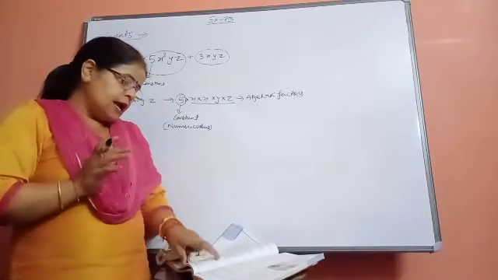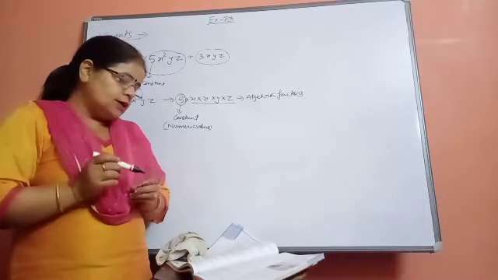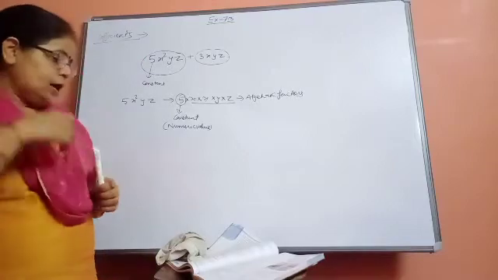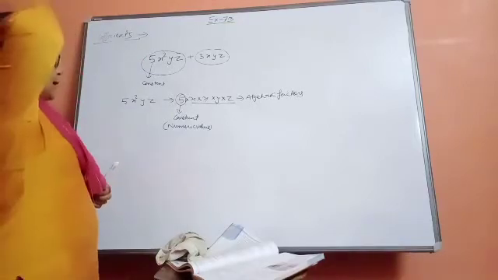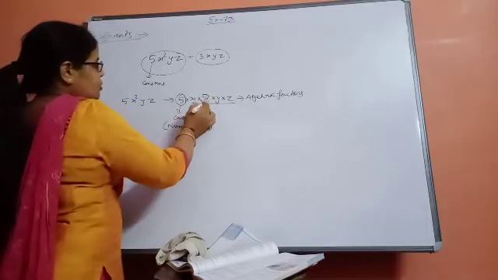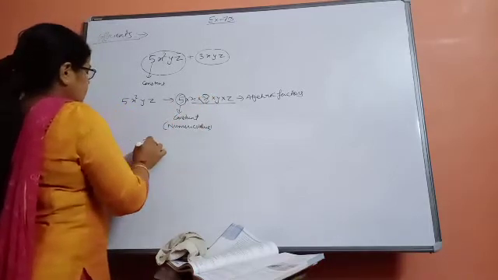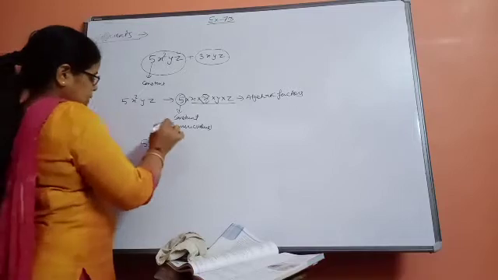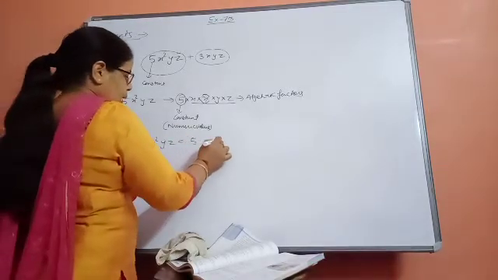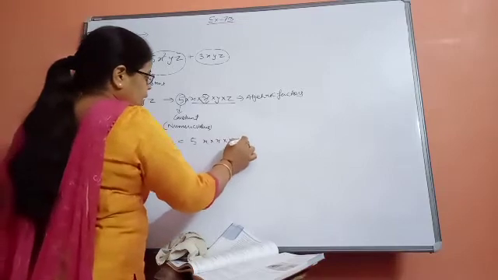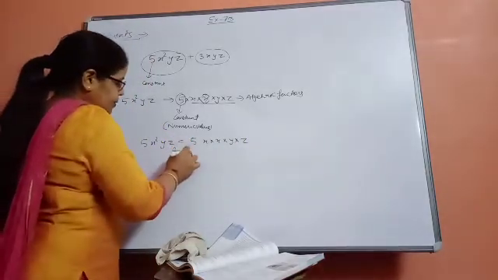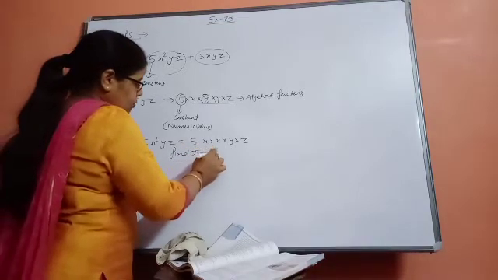In any term, a factor of the term is called a coefficient. Okay, any factor, suppose I am taking this as the coefficient. So if I tell you 5x square yz is there, and I have written it as 5 into x into x into y into z. Now I am telling you, find the coefficient of x.